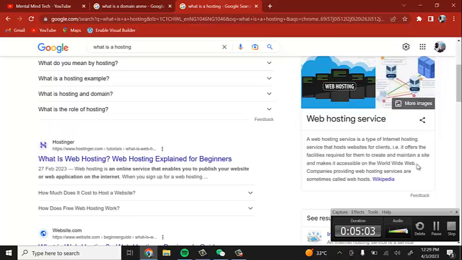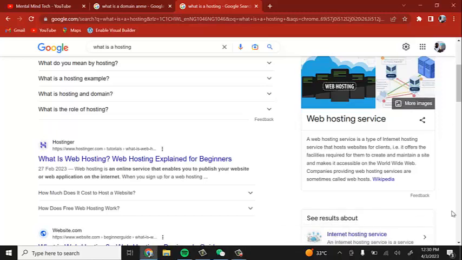Now, when you purchase a hosting plan, you are given cPanel login details. These login details give you access to log into the cPanel, which your hosting provider or your hosting service is going to give to you. Okay, so when you get the cPanel login details, you're able to log into your cPanel and you have access to operate your hosting effectively. All right, so with that being said, we're going to be looking at how you can actually purchase a domain name and a hosting plan right now.